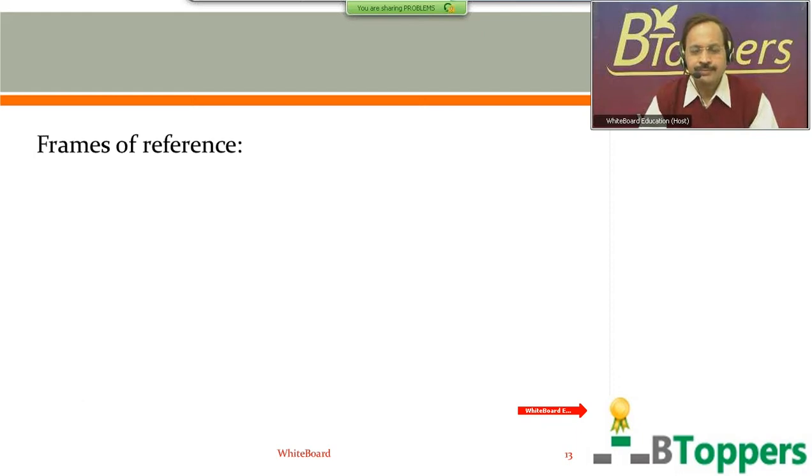So you need not write running notes now. Just concentrate on listening. Later I will be showing you the notes for frames of reference, so those students who are interested can write the notes later. I will show you the notes on the screen, and I will tell you when you can start writing. So a frame of reference in which Newton's laws of motion are applicable in their general form is called an inertial frame of reference.